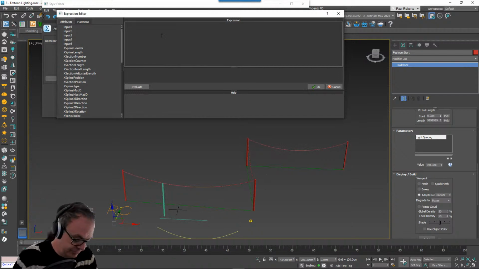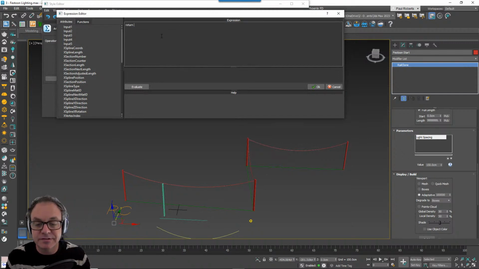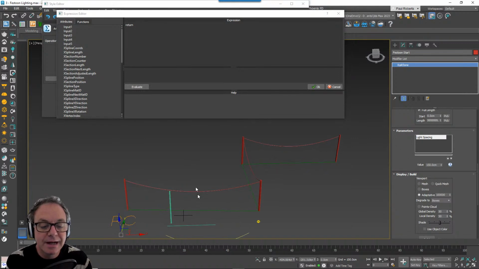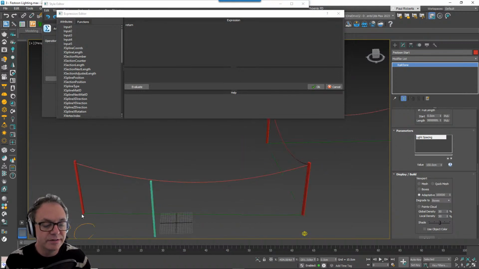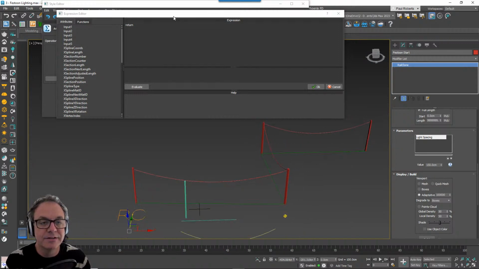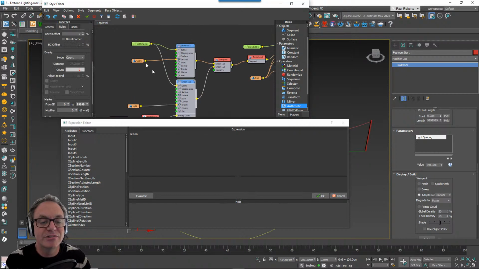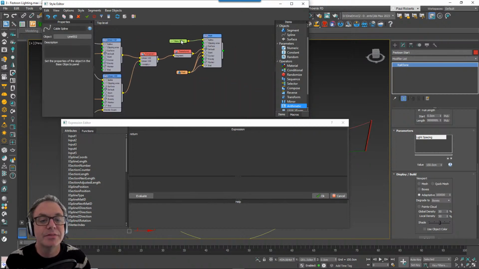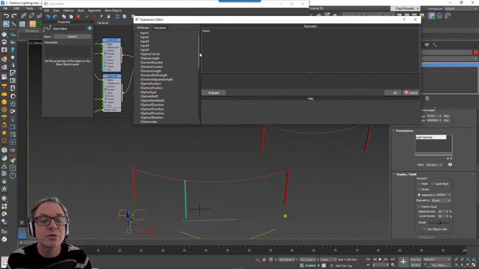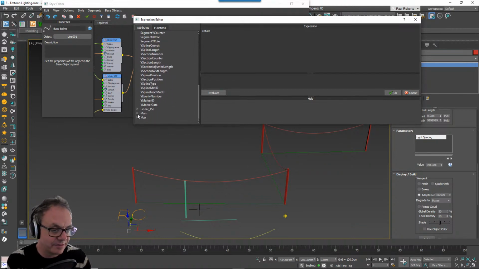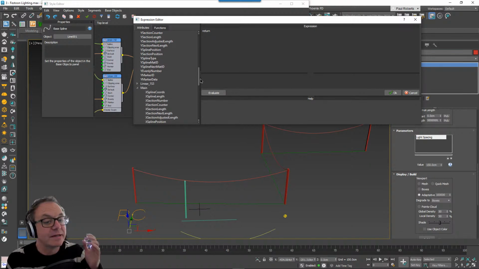So what I want to do is to return whatever value I get from this next expression. So I'm going to type return. And I want to know the distance of each section of this spline. So not the spline that this generator is currently attached to, which is the curved part, but this spline here instead, the one that's attached to the main generator. And you can do that by using dot syntax or simply by just scrolling down, and you'll see a list of all the generators that are attached or somewhere in the tree for this particular